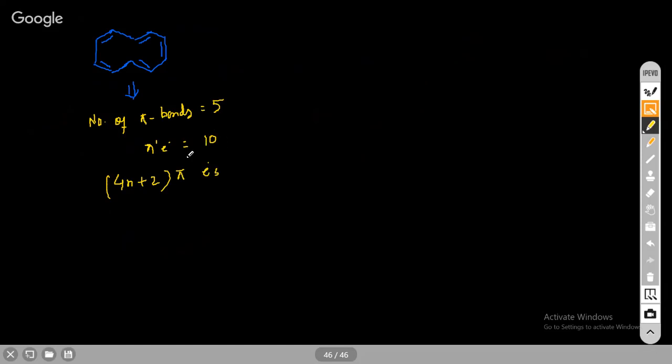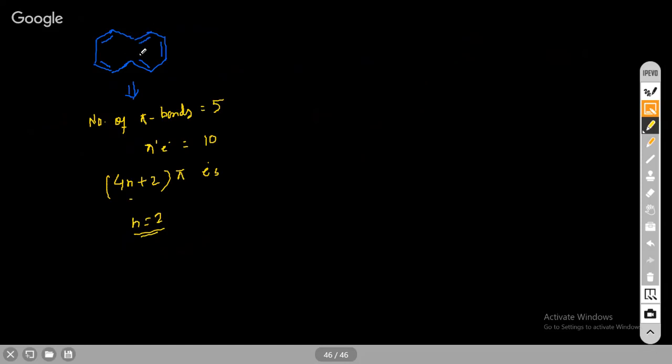For what value of n will we get 10 electrons? n is equal to 2, right? If you substitute here you'll get 10 pi electrons. So according to Huckel's rule there are 10 pi electrons, so the molecule must be aromatic, right? The molecule must be aromatic because it follows Huckel's rule, but this molecule is not aromatic because the molecule